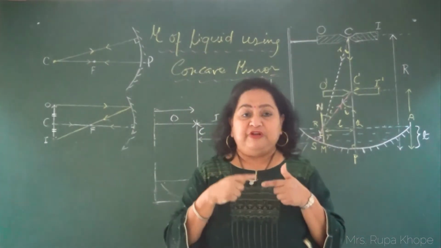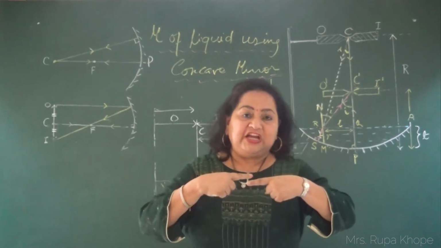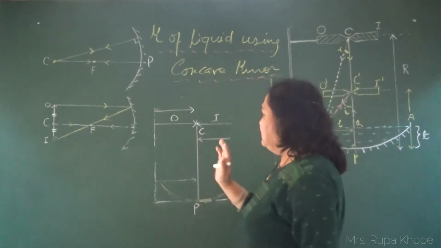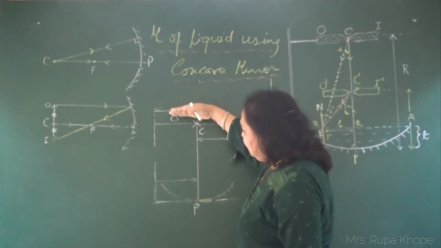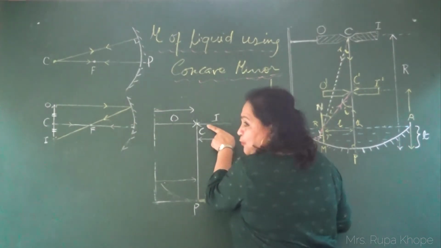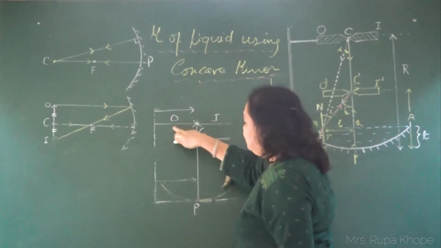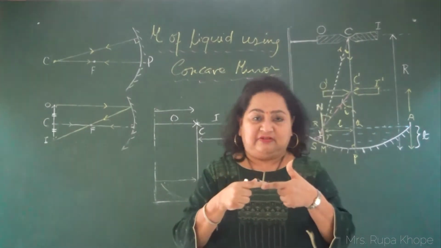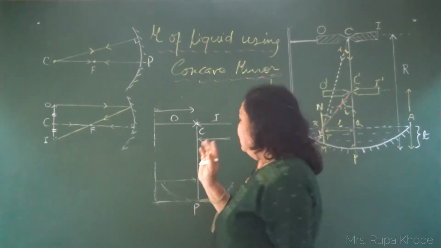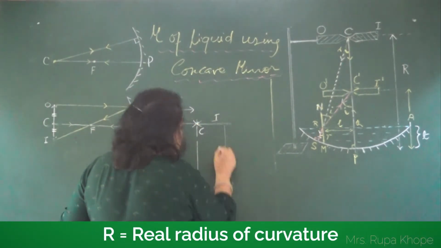Now what is the purpose? We have to remove the parallax. So when we look inside, we find that the object pin is moving faster as compared to the image. That means there is a parallax. I keep on bringing it downwards. When I bring this pin downward, the image pin will go upwards. And therefore, at one particular position here, the object pin and the image pin start moving together. That means this point is the center of curvature point. So this has come here now. This becomes our real depth.